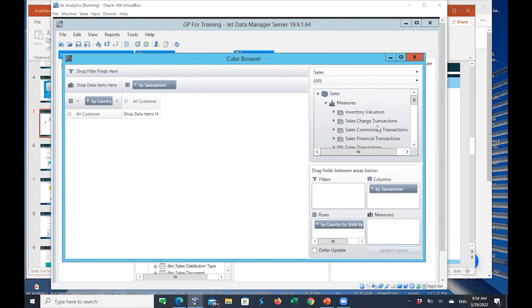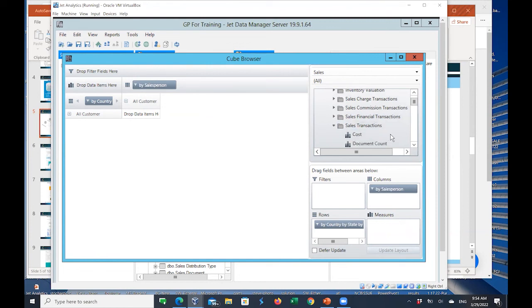And maybe for my measure, what I might want to look at is sales transactions, and maybe the profit. So I would like to analyze the profit. I click and hold and put it in measures. And now I have a more perfect grid where, for all my customers against all my salespersons, my profit was